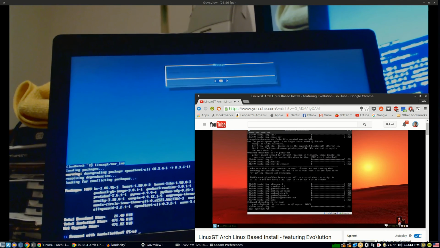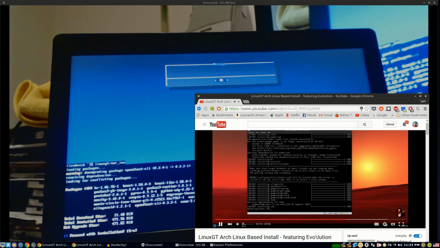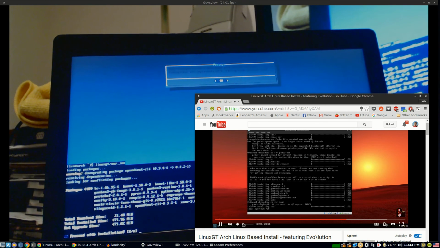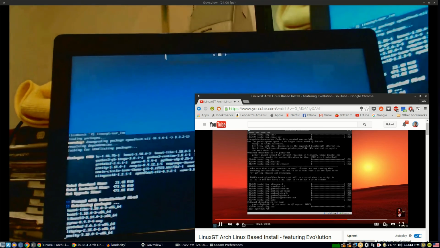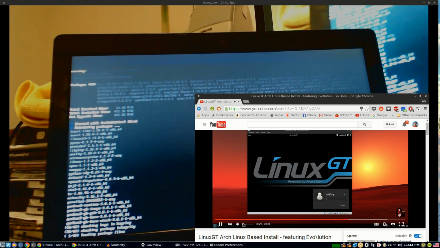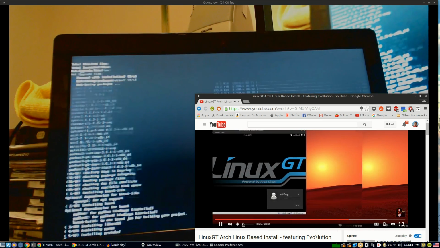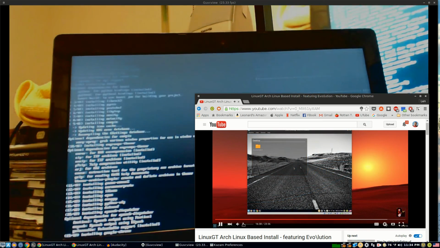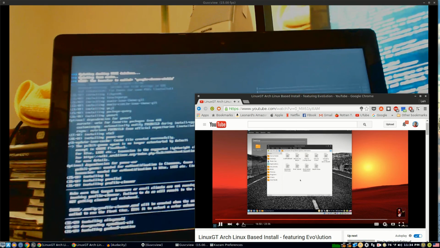Now click yes to proceed with installation. So issue a reboot or a shutdown if you want to remove any media you have, and log into LinuxGT. So it's going to go through and basically install some remaining packages that need to be installed before you reboot. So just let that run through the installation process. This one shouldn't take too long, and it should put you back at a console prompt, and then we'll be rebooting. But stay with me while we finish this